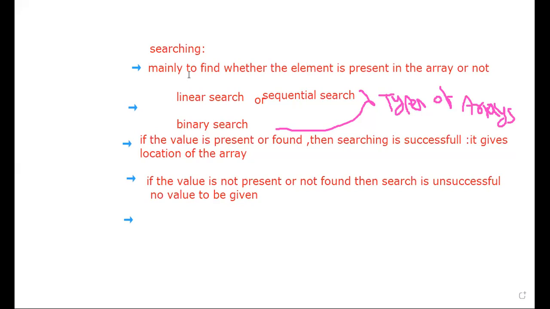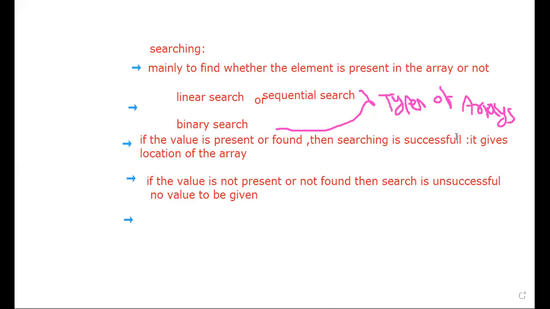Okay, so here I'll show you the clear meaning of searching techniques. If the value is present in the data structure or array, it will display the message found. So the search is successful and it will give where that intended item is found.